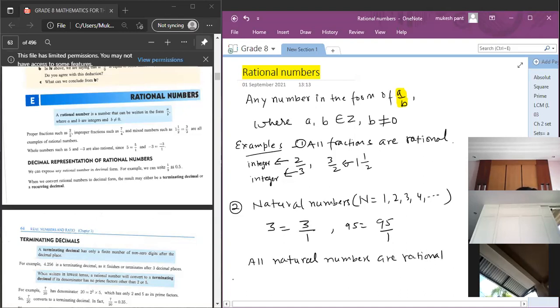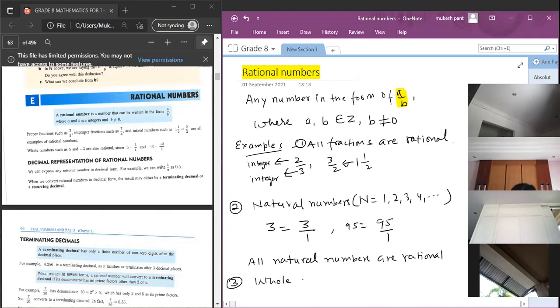Okay, now we come to whole numbers. You guys, I think, know whole numbers, right? Berlian, what are whole numbers? Please. Quickly. Whole numbers start from 0, sir? Yeah, 0, 1, 2, 3. Natural numbers we have already seen. They are rational. But Berlian, what do you think? Is 0 a rational number?